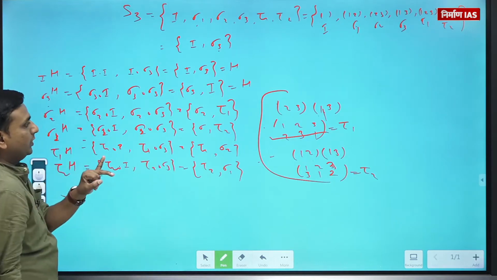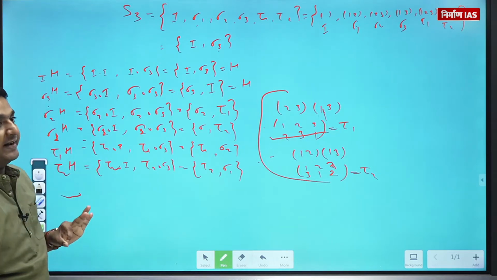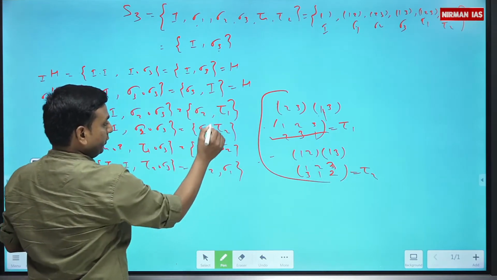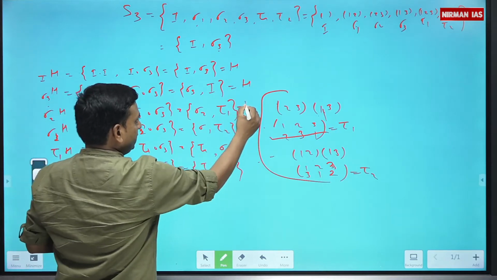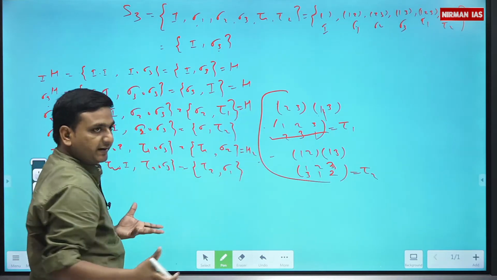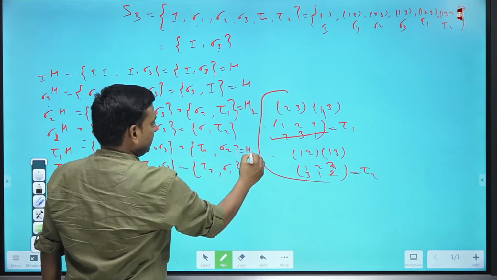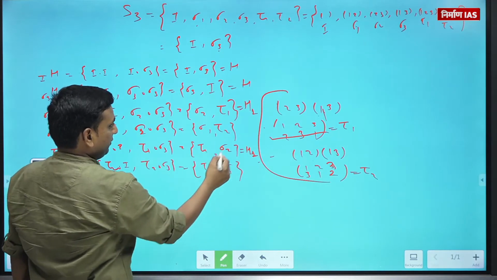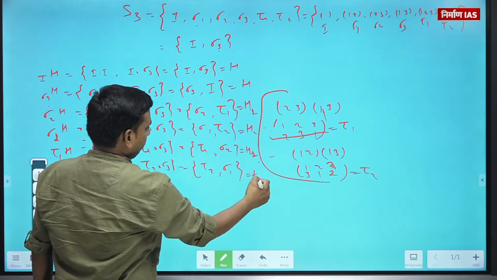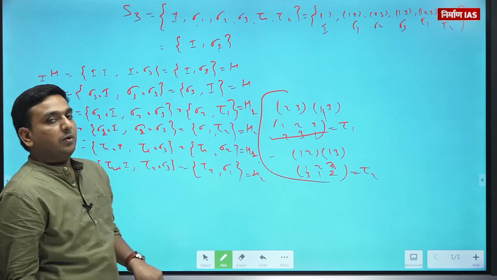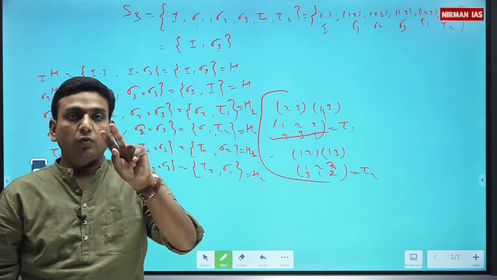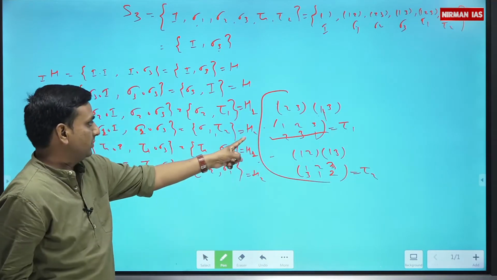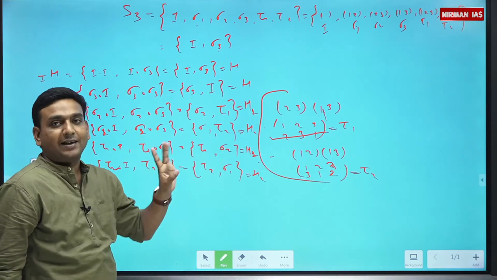So see how many cosets you are getting. Distinct, I am talking. Sigma 2 comma tau 1, sigma 2 comma tau 1. These two sets are same, identical only. Let's say this is H1 and this is H1. Sigma 1 tau 2, sigma 1 tau 2. These two sets are same. So here you can observe that property also, that any two cosets either they are completely disjoint or they are identical. Clear?